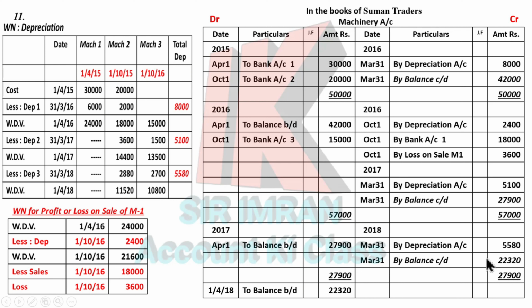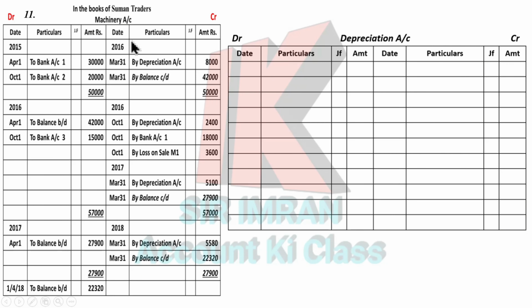ये दोनों फिगर सेम होना चाहिए तो ये आपका सम परफेक्टली राइट है। नाउ डेप्रिशिएशन अकाउंट, तो डेप्रिशिएशन अकाउंट मशीनरी अकाउंट के बेस पे ही बनता है, हर साल के हिसाब से बनेगा। एवरी ईयर वी हैव टू प्रिपेयर द अकाउंट। तो माय फर्स्ट ईयर इज दिस। तो फर्स्ट ईयर में वी हैव टू जस्ट चेक द डेप्रिशिएशन एंट्री। तो डेप्रिशिएशन एंट्री यहाँ पे सिर्फ क्रेडिट में है तो यहाँ क्रेडिट है तो डेप्रिशिएशन अकाउंट में डेबिट साइड। यहाँ डेप्रिशिएशन लिखा था मगर डेप्रिशिएशन अकाउंट में क्या लिखने बोला था मैंने, एसेट्स का नाम। एसेट्स का नाम क्या है, मशीनरी। डेट सेम, अमाउंट सेम, टू मशीनरी अकाउंट 8,000